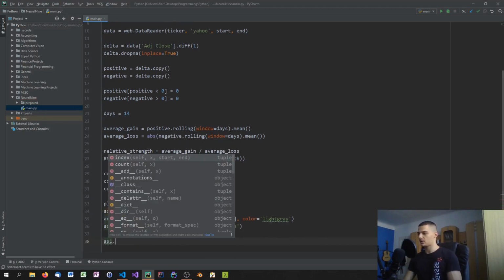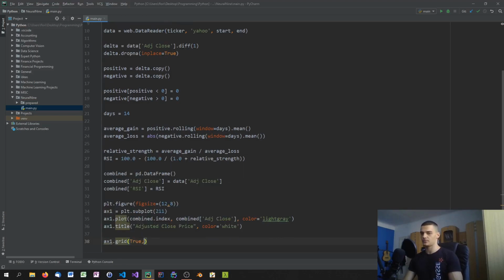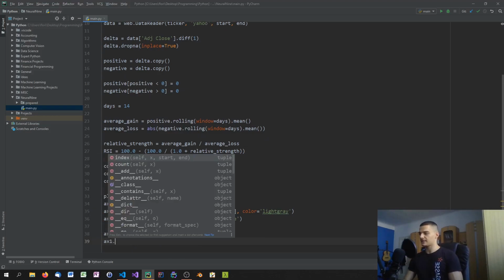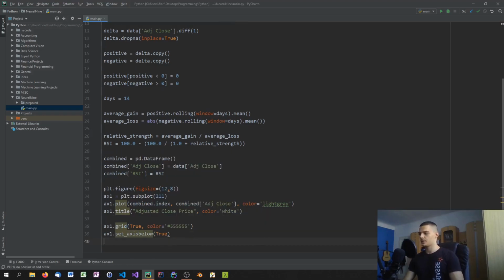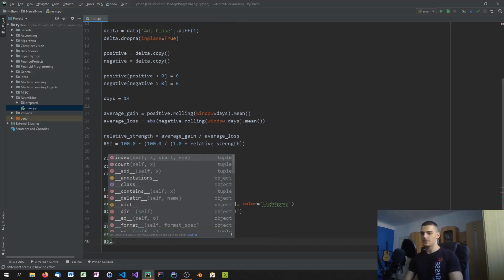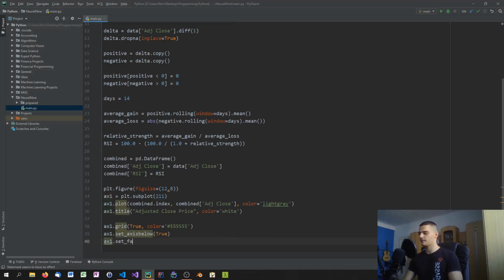So axis 1 grid equals true. The grid shall be a, thinking about the dark background, the grid should be like a dark gray so that we see it, but it's not too annoying. So we're going to pick 555555, a darker gray tone. Then we're going to say axis 1 set axis below true. Come on, true. Axis 1 dot set face color